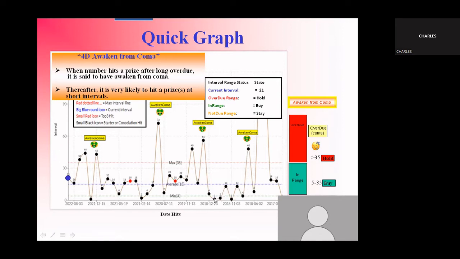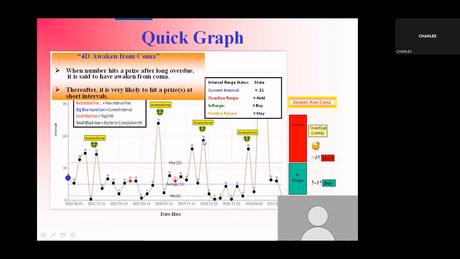So that's what I mean, that it is likely after it awakens from coma, it will start to hit at very low interval. Usually it's between the minimum line to the maximum line. Or most of the time we also hit from the minimum line to the average line. That means 4 to 15 interval. If it doesn't hit by then, it may go up to maybe the second half of the in-range, which is like, for example, here, in this case,